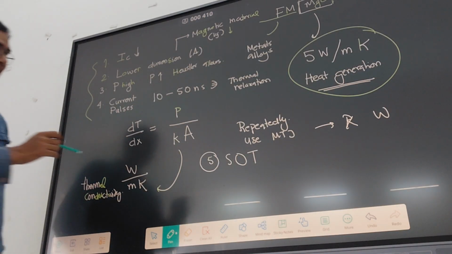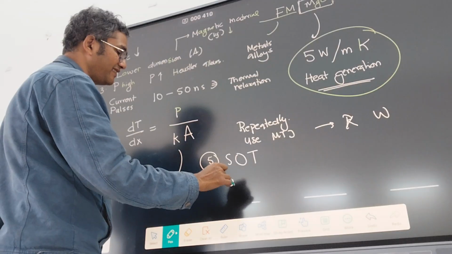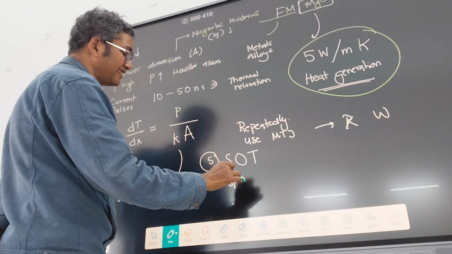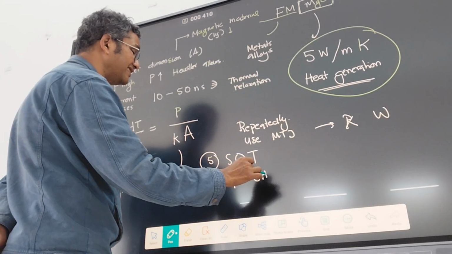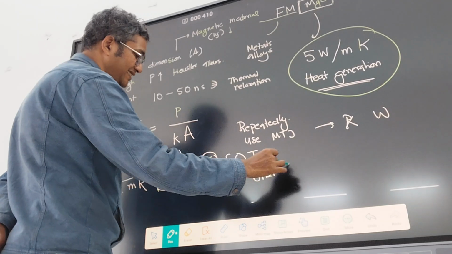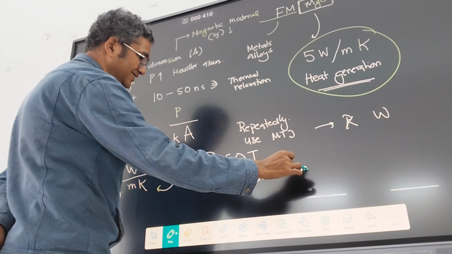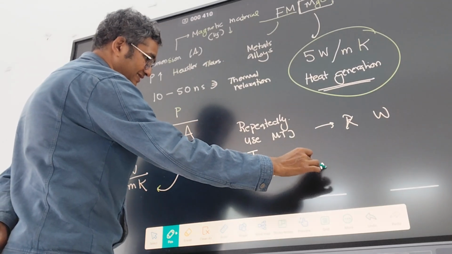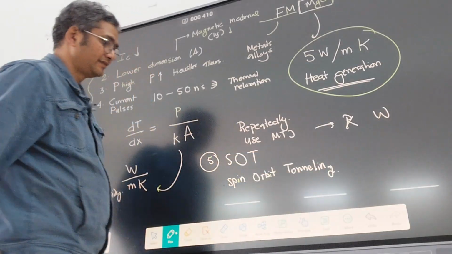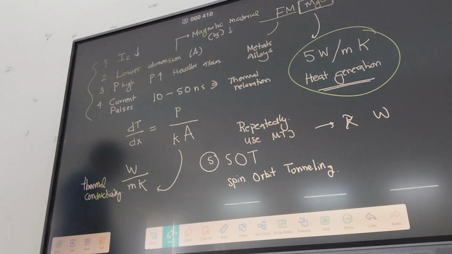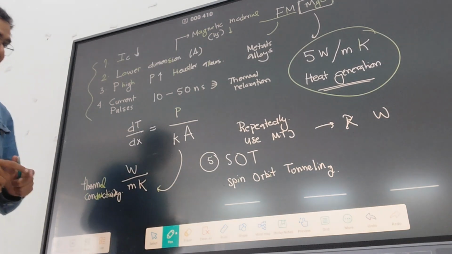SOT means spin orbit torque. Okay. I think you know what the spin orbit effect is. You know spin orbit coupling. What is this spin orbit torque? To understand it,